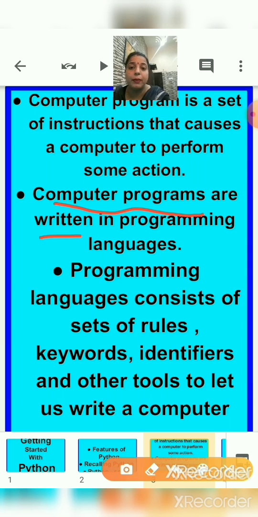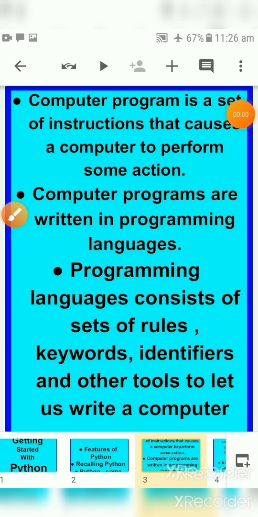Now, the computer is a machine. So how can the computer take decisions? By the human being's instructions only, the computer can act. But how can that communication happen between computer and human being? So between computer and human being, programming languages are there. Afterwards the computer can understand the human language, and afterwards the computer language is understood by the human. So machine code is converted into high level language, and high level language is converted into machine code.